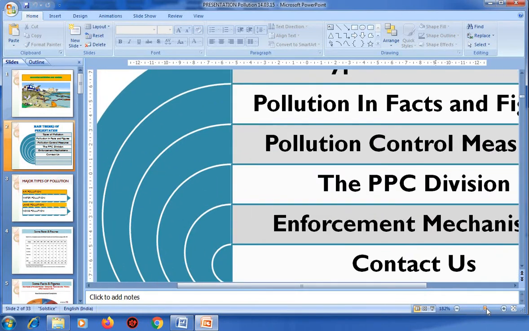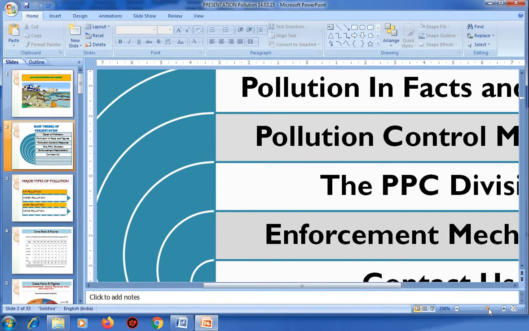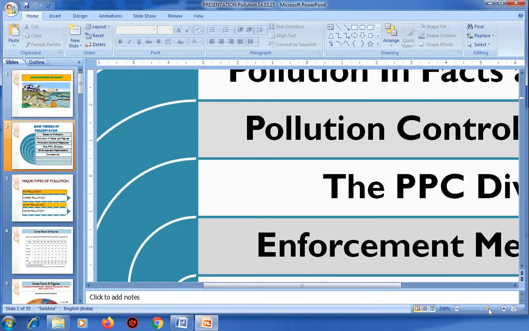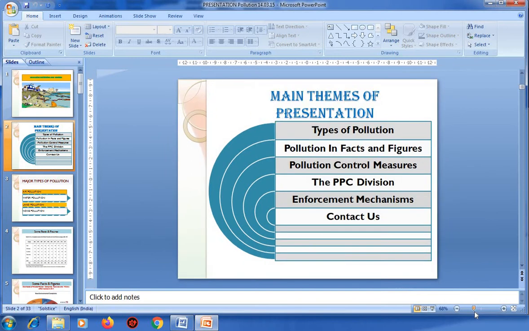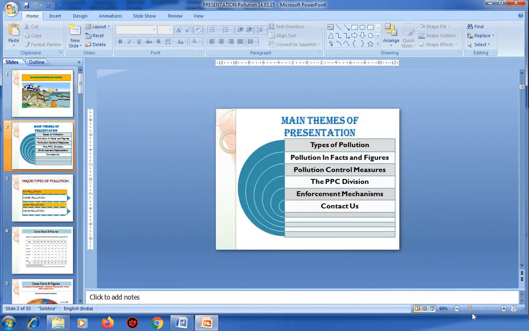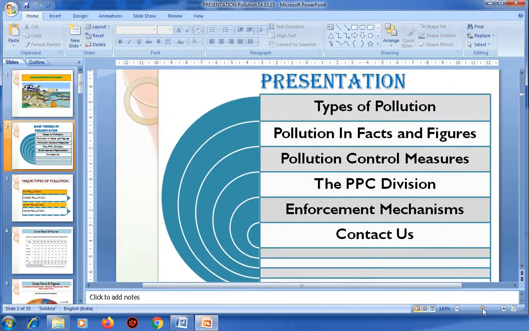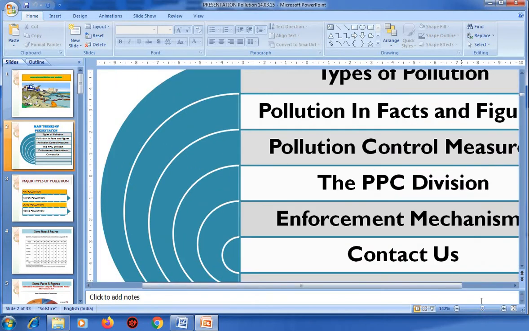When you move your cursor to the right side, the slide is increasing, and decreasing, you can see. So this is the zoom feature. Only 2 or 3 steps.